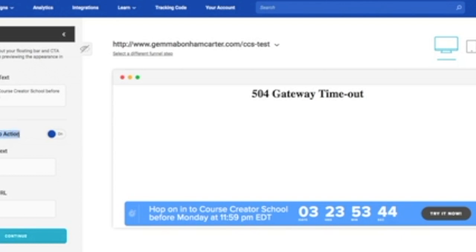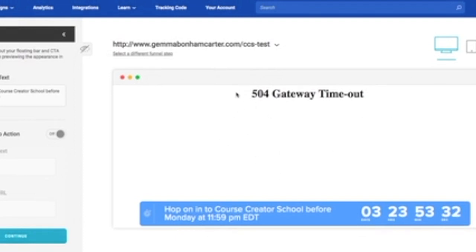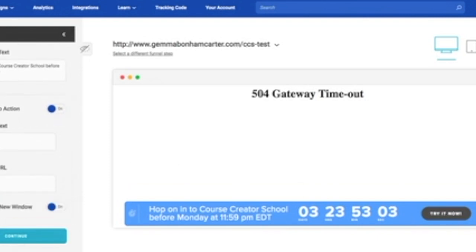And this piece, enable call to action, this is this button. Now you can choose to have the button or not. You can just have it be off and have it be a countdown timer. And usually this page would show it's saying that because the page just simply doesn't exist on my website yet. Usually when you're in this preview, it'll actually show you the web page that you want to do it on. But sometimes I keep this off because they can scroll on my sales page and my buttons are right there to go to the checkout page. So if you want to do it that way, you can, or you can have this button on, which again, I tend to